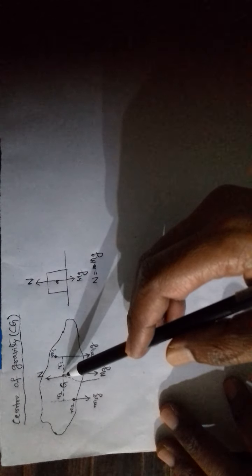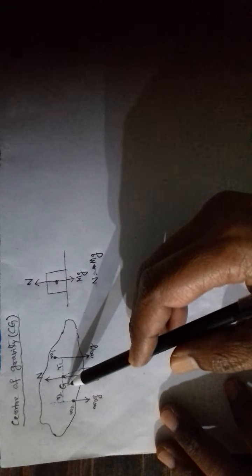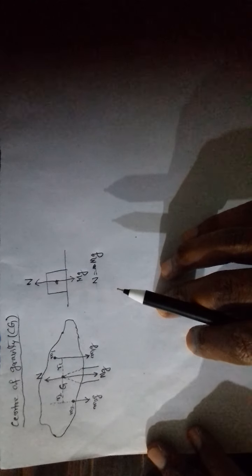Dear students, now let us consider center of gravity of a given body. Here a cardboard sheet is given and it is balanced on tip of a pencil, and this point where it is balanced is called center of gravity. So here actually what is happening, how it has achieved equilibrium, let us see.